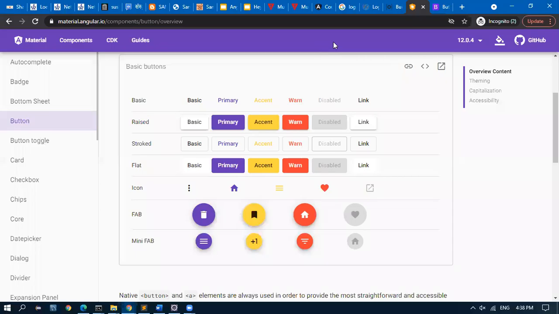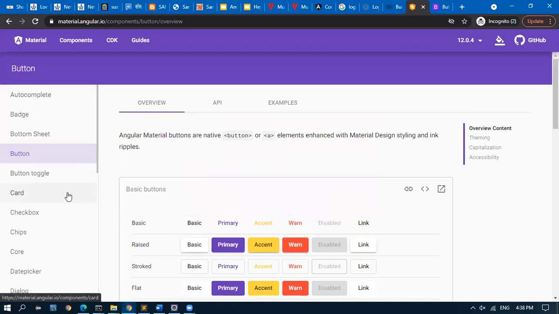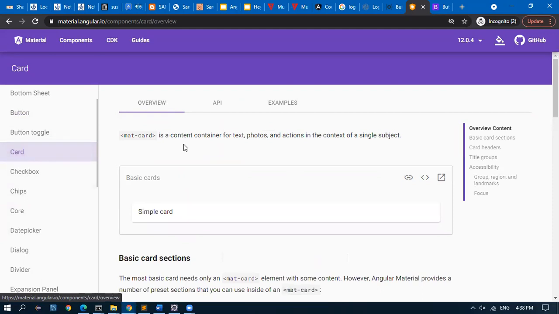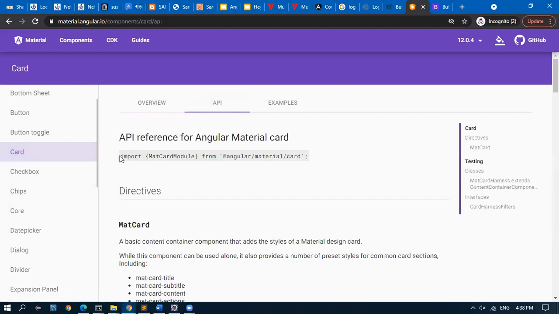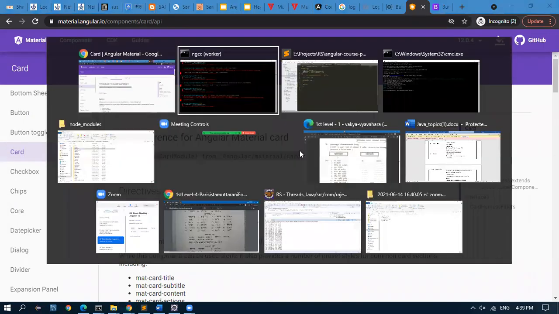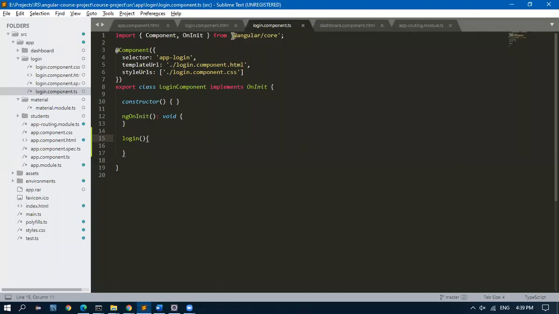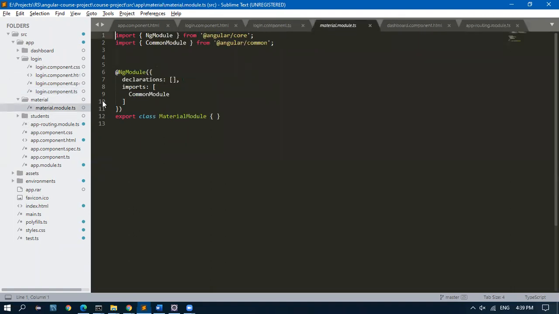So what I will do, I go here, I go to the material card and API. I have to take this section and I go to Sublime. I go to the material module.